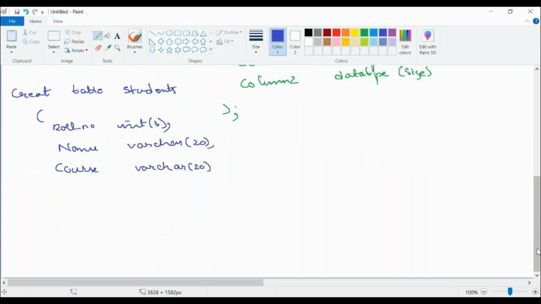It's the last column, so I'll not give a comma here, and then I'm going to close the brackets and give a semicolon. Now when I run this statement, it goes ahead and creates a students table,